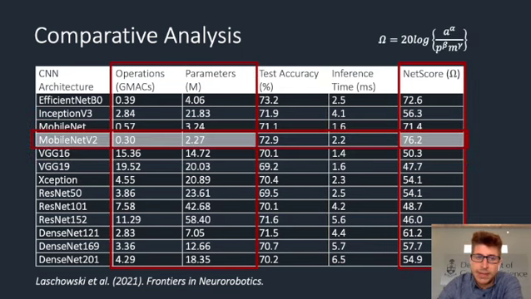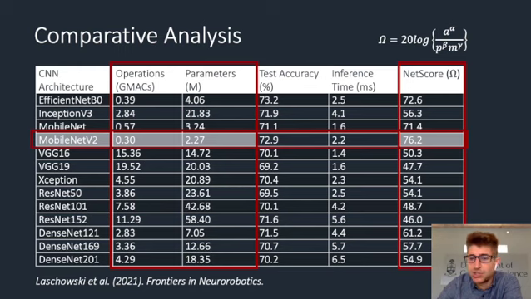And finally, our analysis showed that the MobileNet V2 network, which was also developed by Google, is able to achieve the best net score. Now, net score is a new operational metric developed by one of my colleagues that uniquely balances the classification accuracy with the computational and memory storage requirements of the neural network, which can be important for onboard real-time inference with mobile and embedded computing devices.